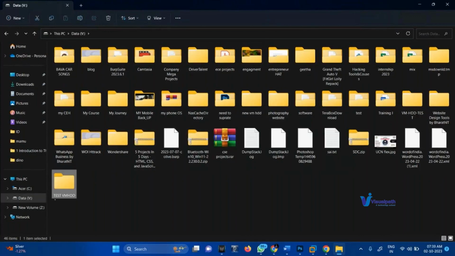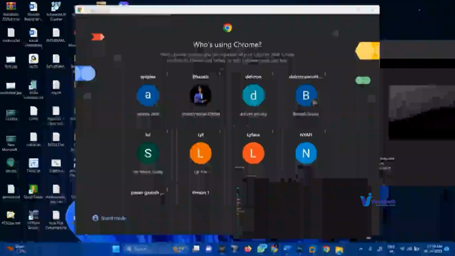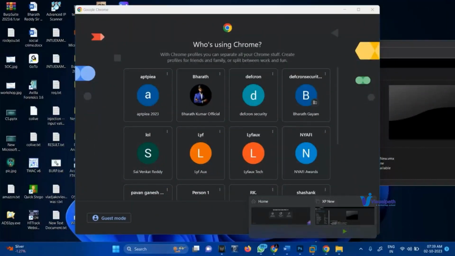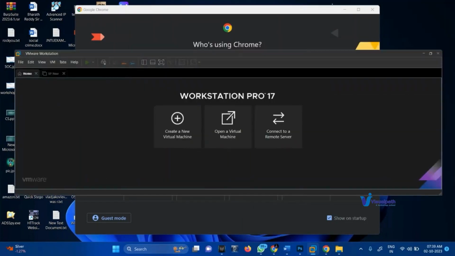folder with the name test vmhdd. So it is empty. This is my path. So how can we install any operating system in the virtual machine? Let's see here. First of all, after installing the VMware Workstation,